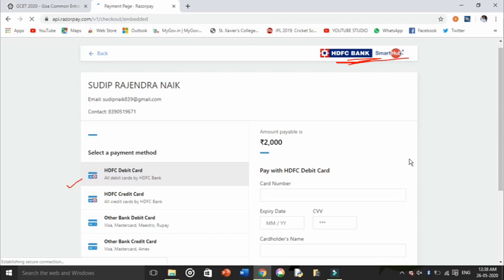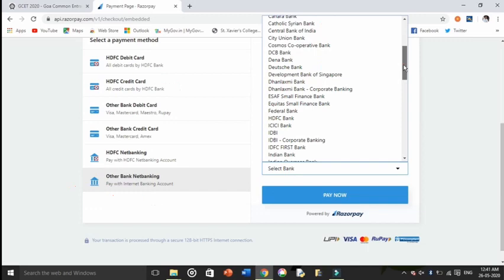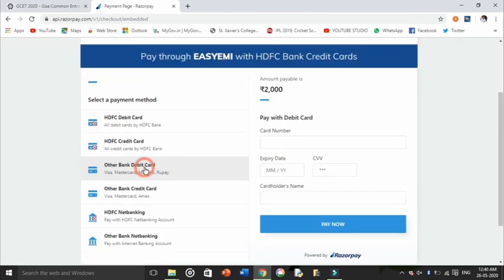There are many options. See, debit card, HDFC debit card, credit card option, and other bank. In other bank you can select any other bank. You can also have net banking, either HDFC net banking or other bank net banking. In other bank net banking, you can see almost all banks are included. After you do this, all you have to do is click on the pay now button. After you click on it, it will take you to the payment section. You have to enter all your details and do the payment,